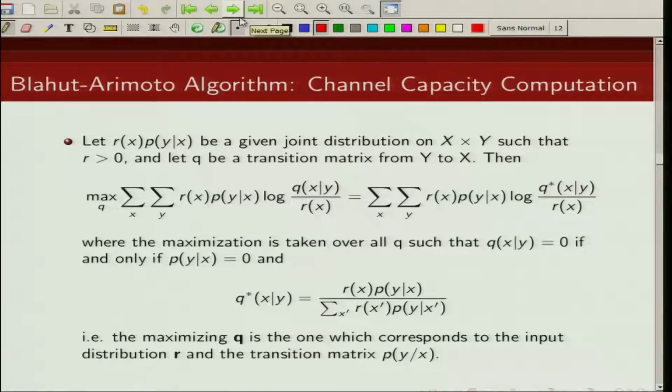So let us first prove a lemma that we are going to use, and then we will state our Blahut-Arimoto algorithm for computation of channel capacity. So R of x is my input distribution and P of y given x is my transition probability. Now let R of x times P of y given x be the joint distribution on x and y such that R of x is strictly positive, and let Q be the transition matrix from y to x. Then this lemma says the following: